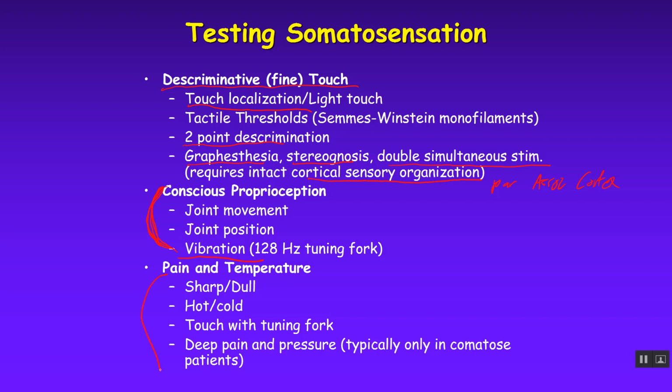Then lastly is pain and temperature, which is our anterolateral system. Okay, spinothalamic tract. We're really not testing any kind of a slow pain with this. This is all fast pain and fast temperature. This is all A delta fibers that we're testing here. We're not testing C fibers, so that's a negative of this. What we're doing is just